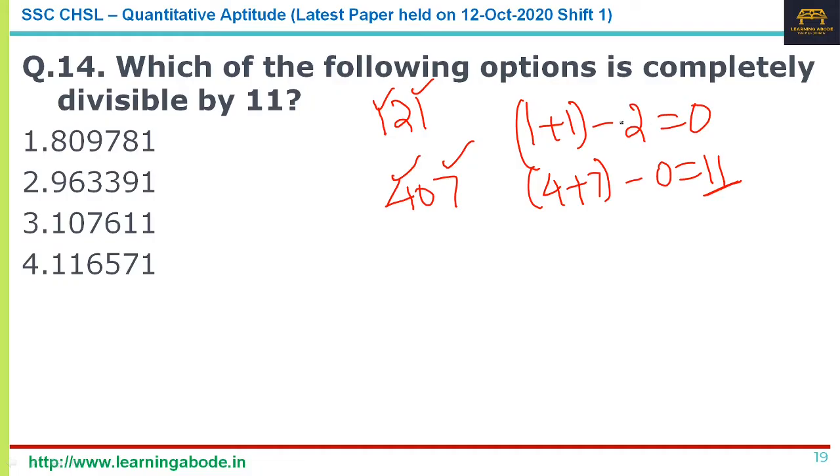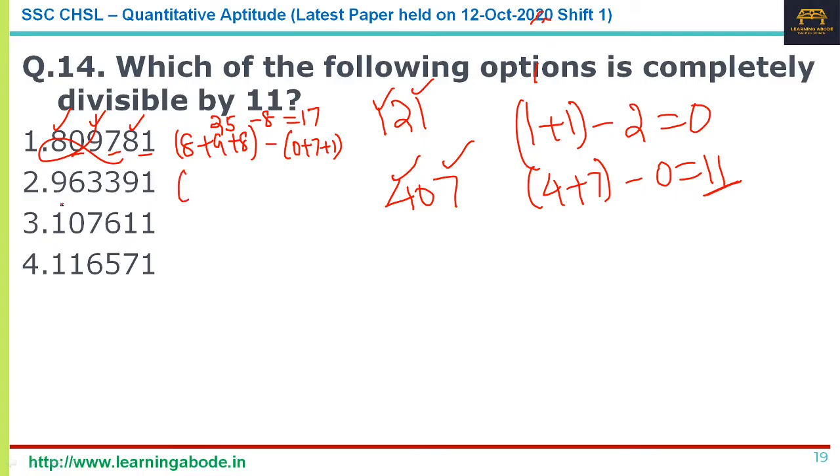Now just go one by one. Wherever you get the answer, you can stop. So I'll count this: 8, 9 and 8. Okay, so 8 plus 9 plus 8, minus 0, 7 and 1. So this is 25 minus 8, that's equal to 17. Now 17 is not divisible. The outcome is 17, so option 1 is ruled out.